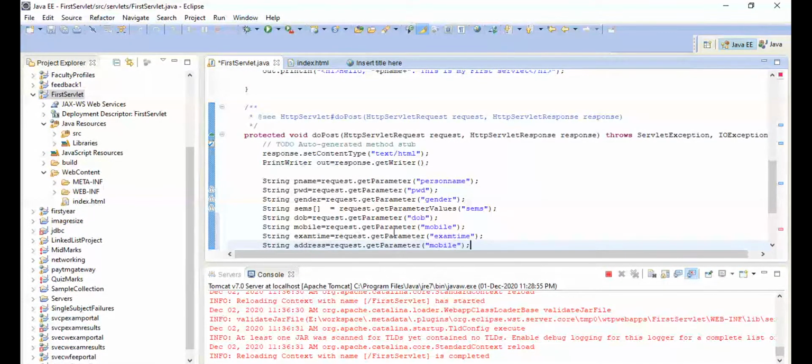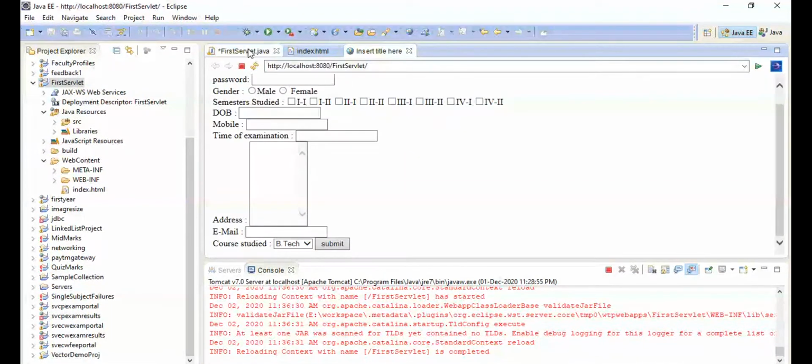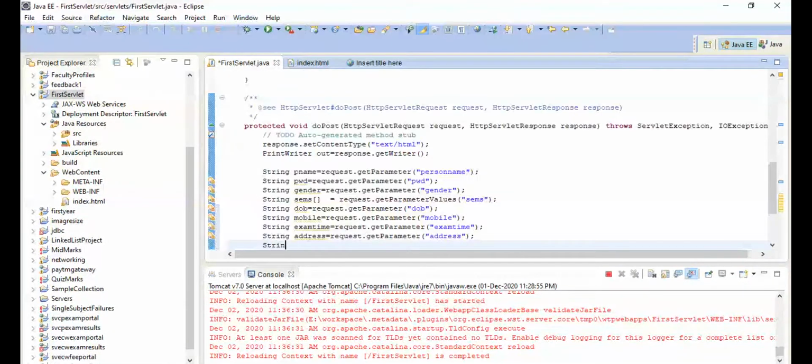Address equal to again request get parameter of address. Okay, next one, email. String email equal to again request get parameter.